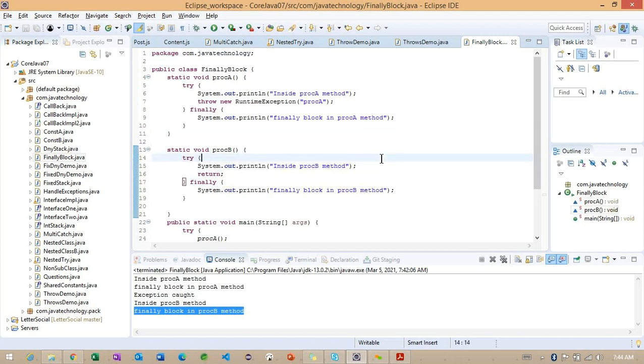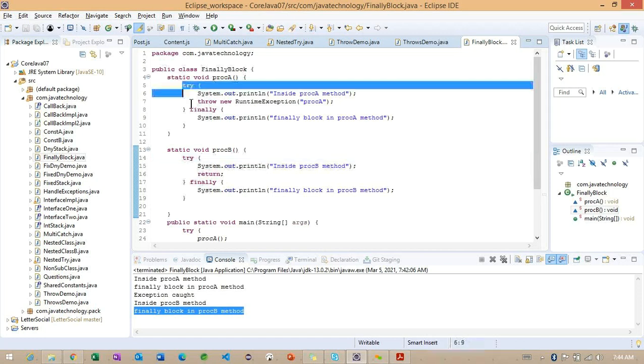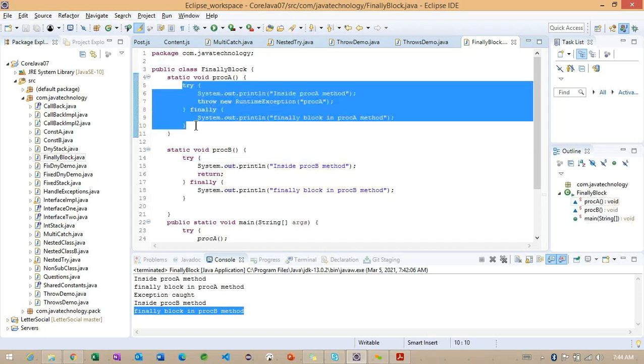So basically, what is the difference between checked exceptions and unchecked exceptions? The checked exceptions here, we are going to handle like this. We are going to handle like this while developing an application. While writing the code only, we are going to provide the try catch block. Now for unchecked exceptions, we are not going to provide anything.